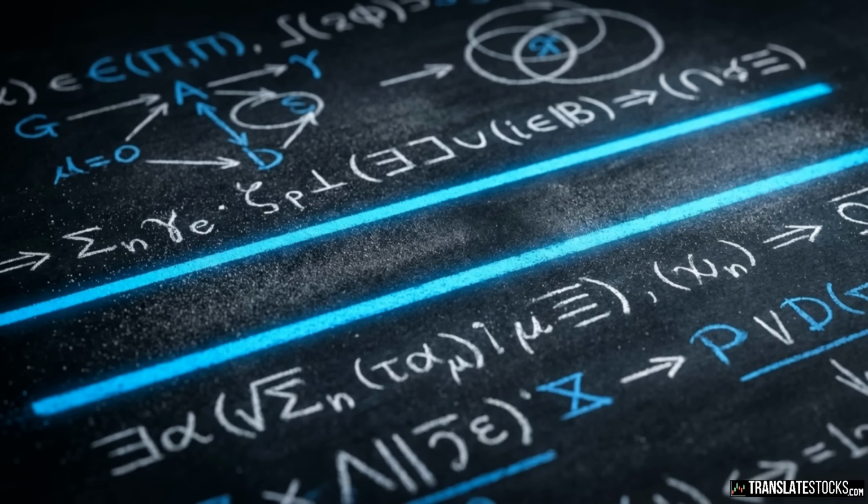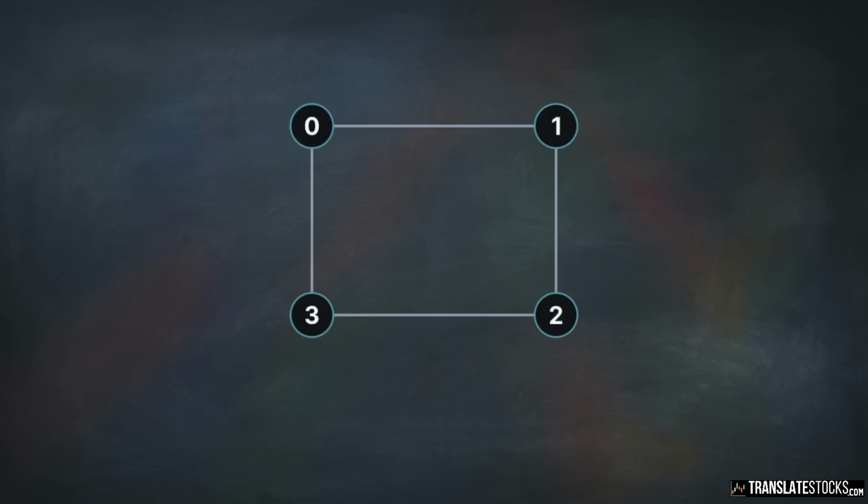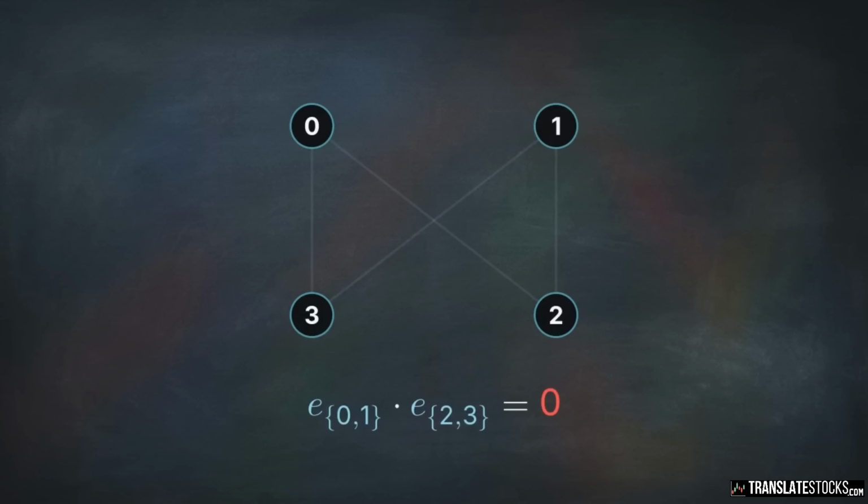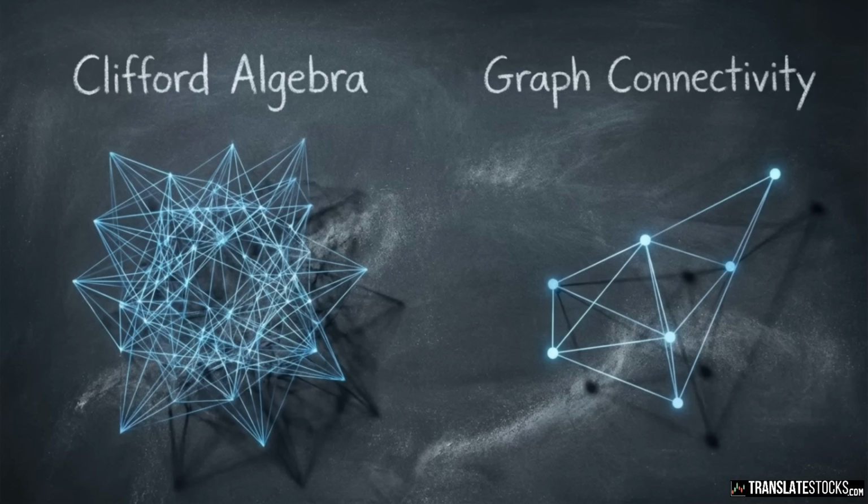Rule R5, known as Ramsey Orthogonality, separates the Infiniteon from existing Clifford algebras. In this 4-node graph, if we multiply two edges that do not share a vertex, the product is exactly 0. They are algebraically invisible to each other. Standard Clifford algebras require non-adjacent basis pairs to yield a non-zero output. That makes them unsuitable for modeling the sparse connectivity of graphs.